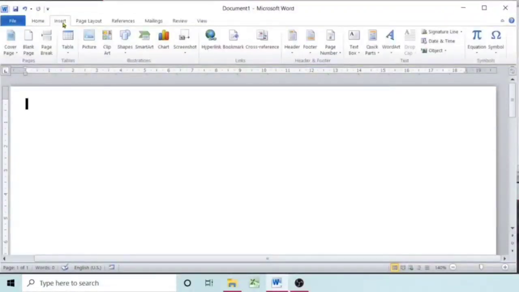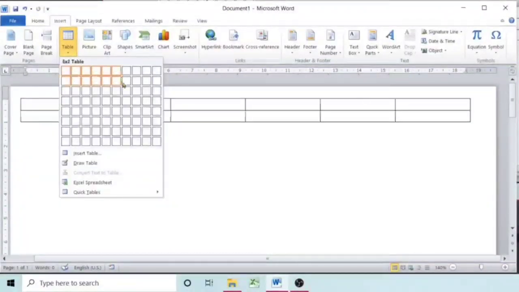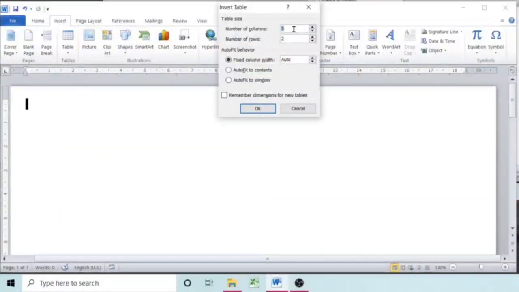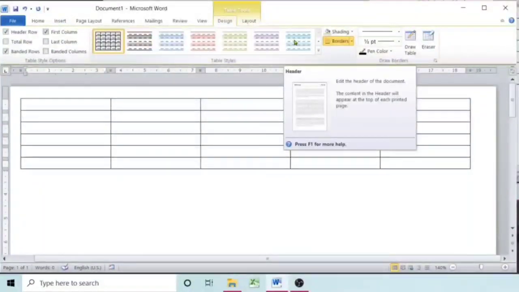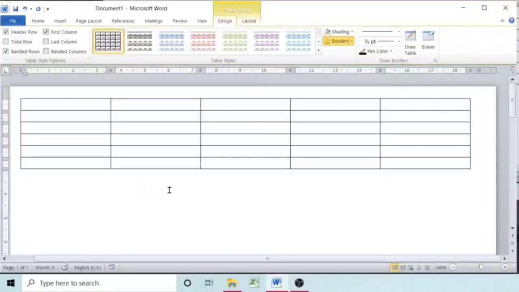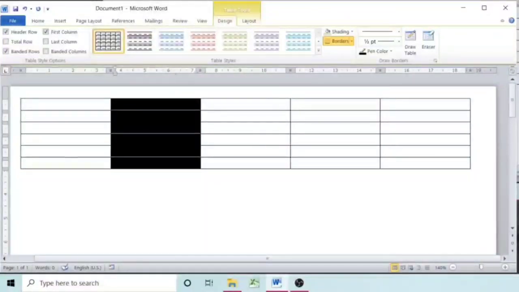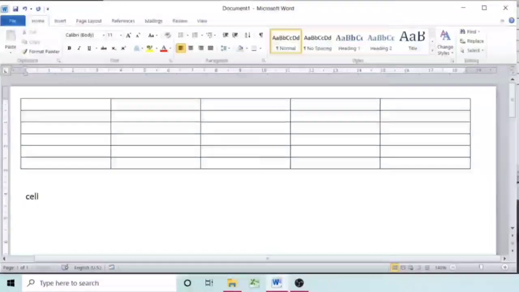Now next thing is, when you insert a table, we use the insert table dialog box. Here I will mention number of rows and number of columns. This table is inserted. Now in each and every row, number of cells are equal. That means first row 5 cells, second row 5, third 5.